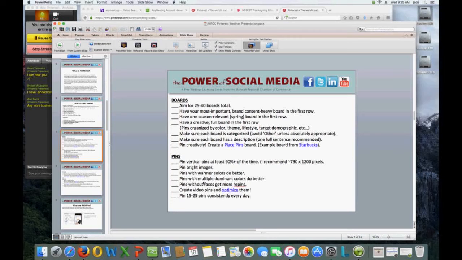People don't want to get personalized on these things, because then it's so easy to repin if there's no face, because you don't want to repin someone else's face. And video pins, excuse me, create video pins and optimize them. And when you create those video pins, they're most likely to get repinned.